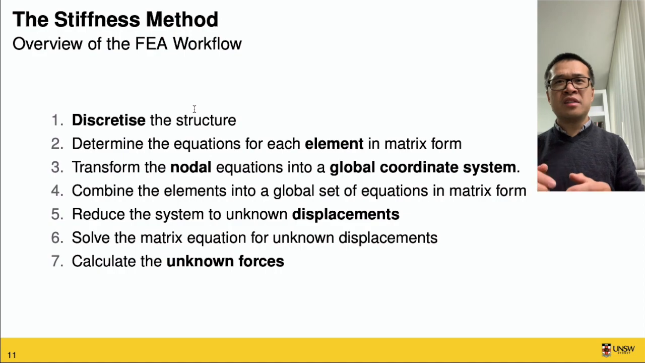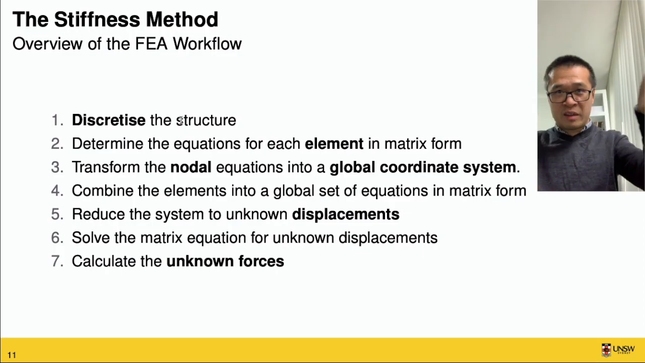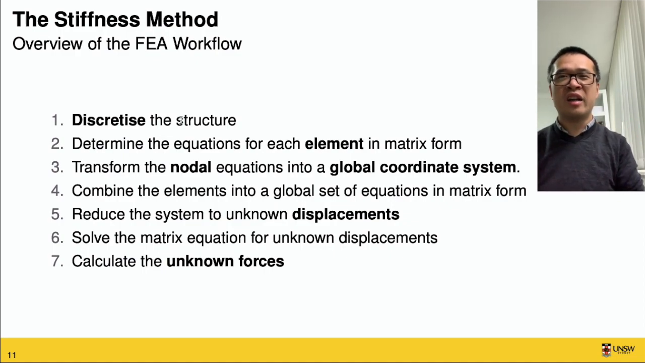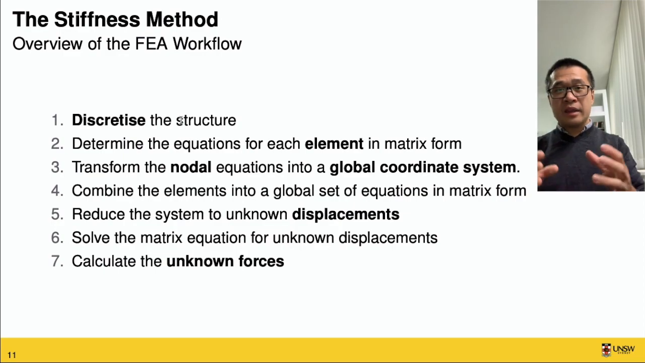So how does the stiffness method work? Well, you first start by discretizing the whole structure. If you have a continuous body, you need to chop it down into individual parts. Typically, people say in finite element analysis, everything is a triangle, because the triangle is the most often used component to discretize the structures. Now, once you have each element for the whole structure, you need to work out equations